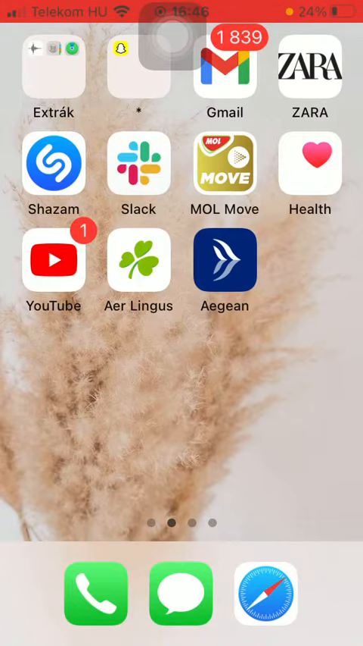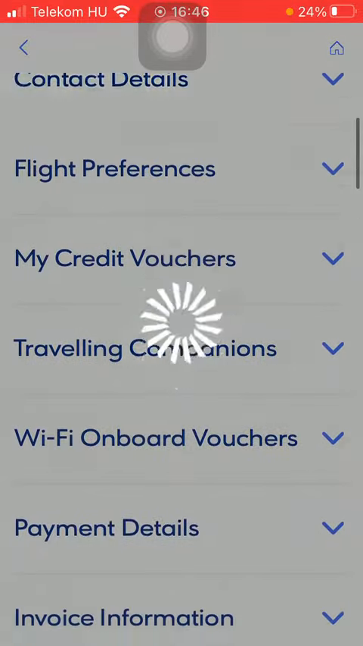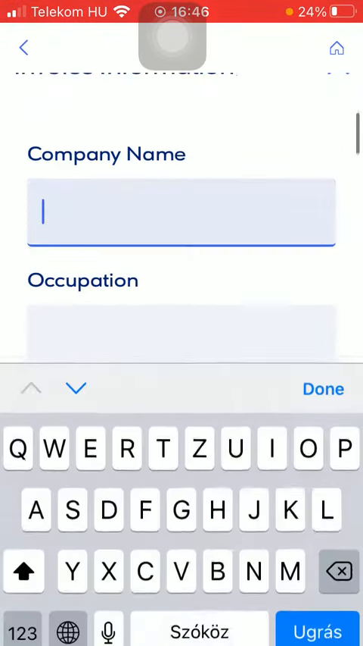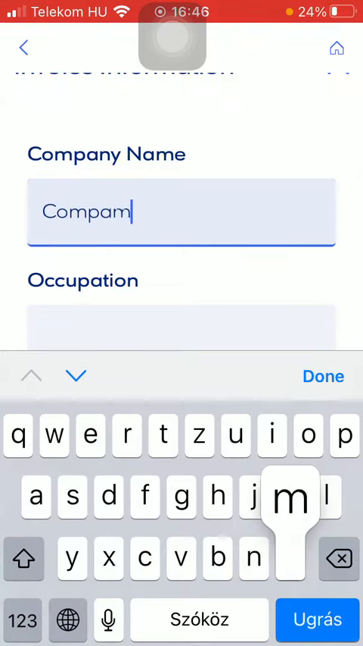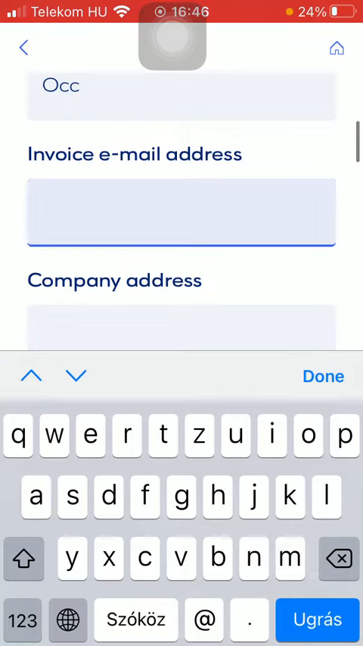First of all, open the app on your phone. Tap on this profile icon in the upper left corner of the screen. And once it is loaded, you should scroll down till you find the invoice information section. Tap on it. Then you should type in your company's name, your occupation, your invoice email address,